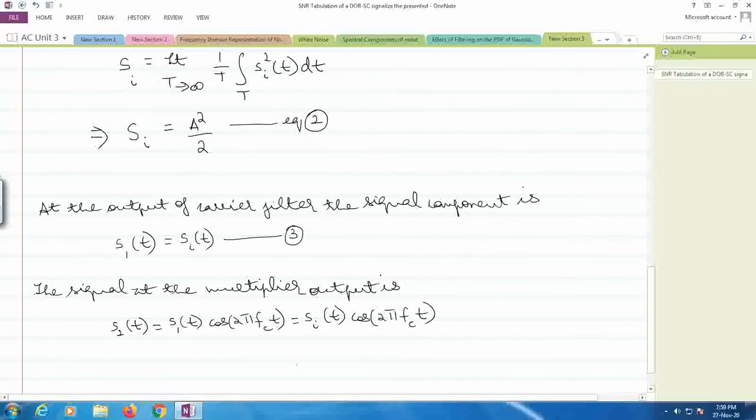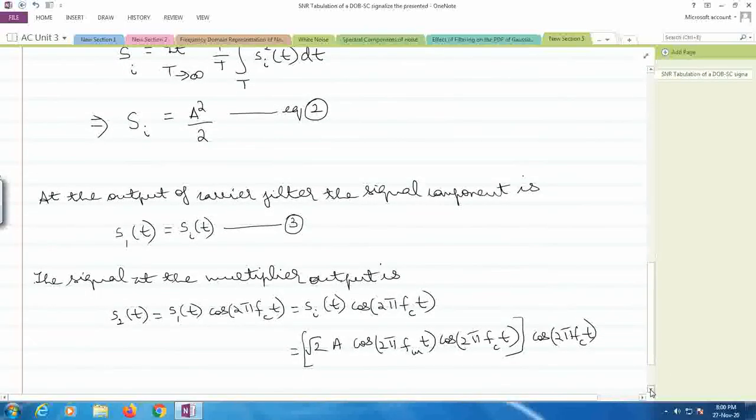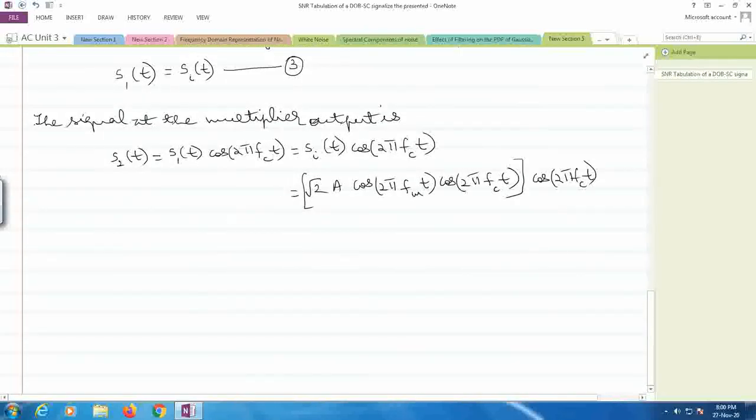Now substituting Si of t from equation 1, I am going to get root 2 times A cos 2πfmt into cos 2πfct whole multiplied by cos 2πfct. So we are simply performing synchronous modulation, and the output is going to be root 2 by 2 A